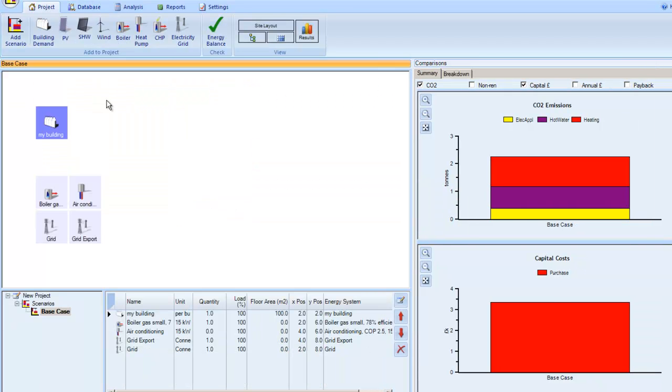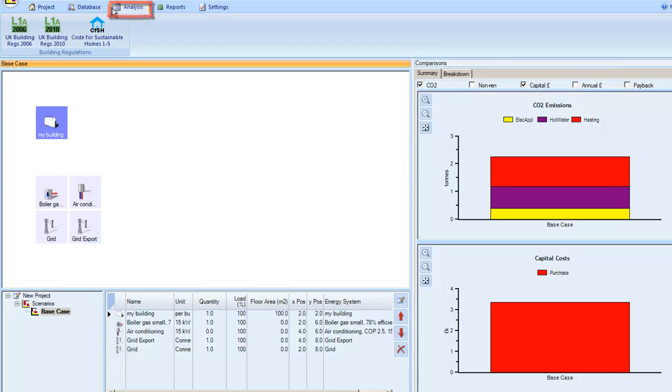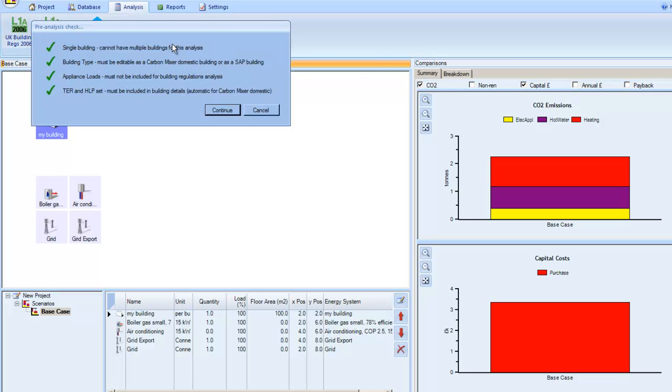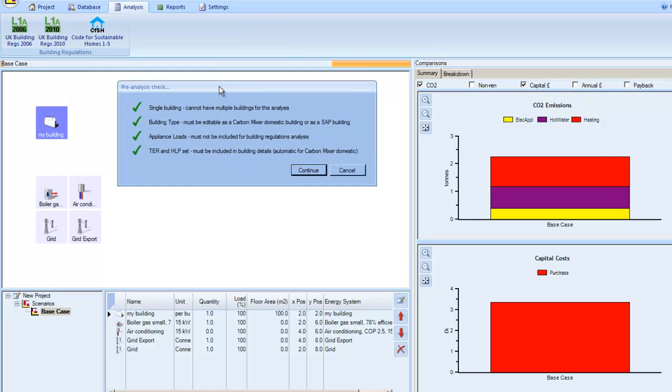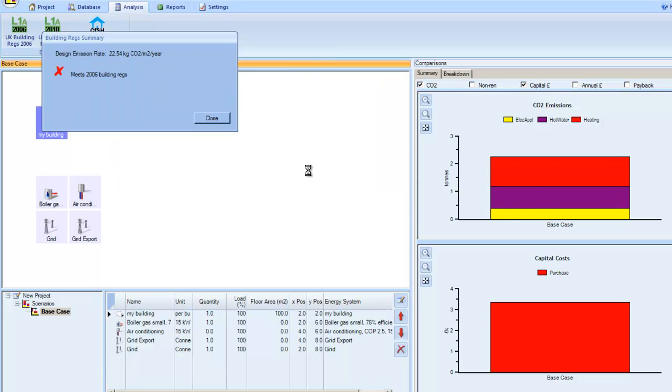and go back to the site. I'll now click on the Analysis tab. There are a number of types of analysis. Let's look at the 2006 Building Regulations analysis and see if we meet that. You can only carry out this analysis on certain types of building in Carbon Mixer, so there are a number of checks here. We can see that we passed them all, so we're able to continue and carry out the